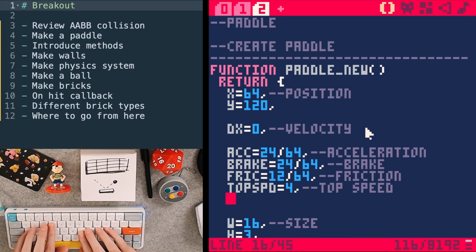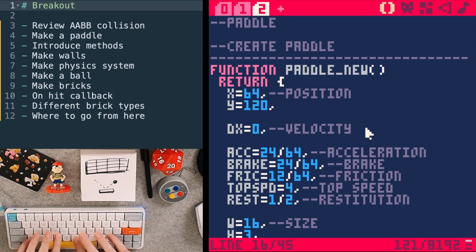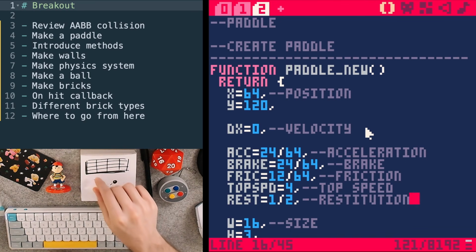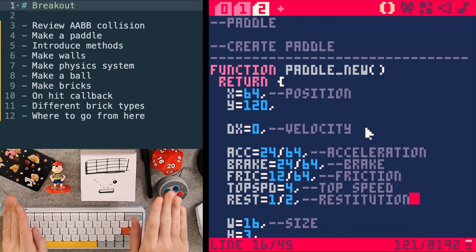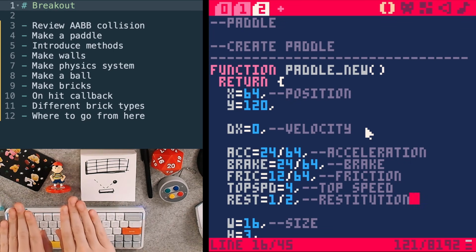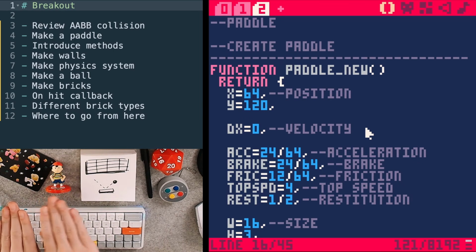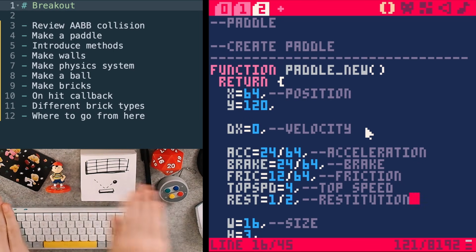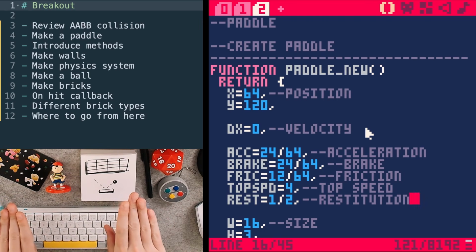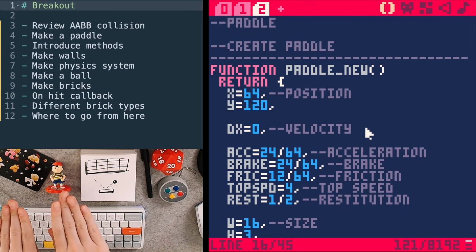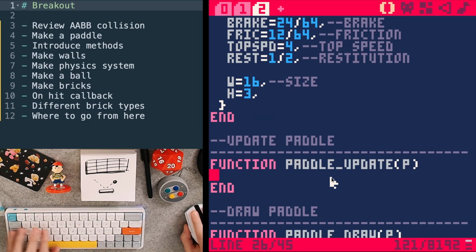And this is a weird one. Restitution. This is a physics term. You know how when you bounce a ball, it bounces less every time until it doesn't bounce anymore? I want our paddle to sort of bounce off the sides a little bit, but I don't want it to be the full force. I don't want the reflected motion to be the exact same speed. I want it to be like half the speed, and then it'll hit again and do half of that, and it'll just kind of go da, da, da, da, da. So down in the paddle update,